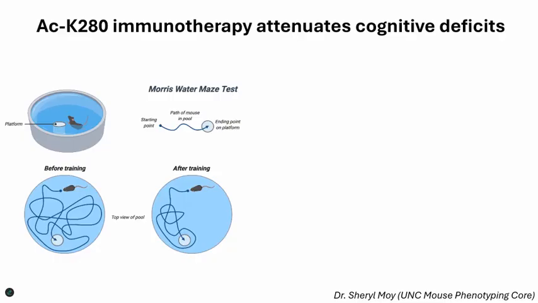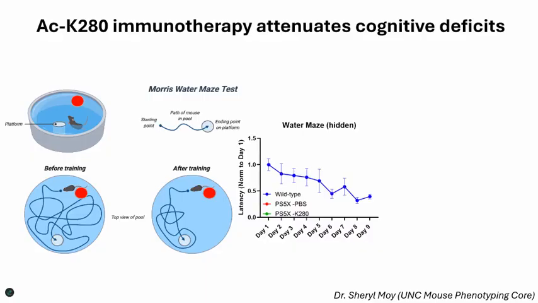So after that initial hidden maze, we can actually move the quadrant to the opposite side, which is kind of mean, but it is a more sensitive test because what you're requiring the mouse to do is relearn that task. It's a measure of cognitive flexibility and really a more sensitive measurement of cognitive deficits. So during this first phase of the water maze, we used completely wild-type C57 mice as a cognitively healthy